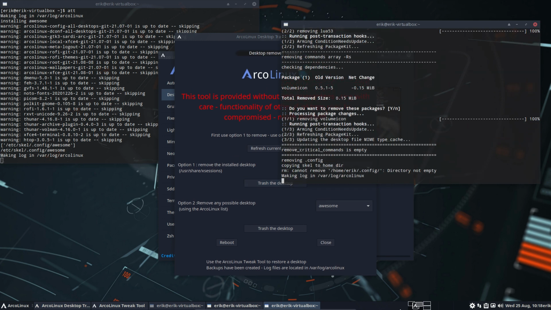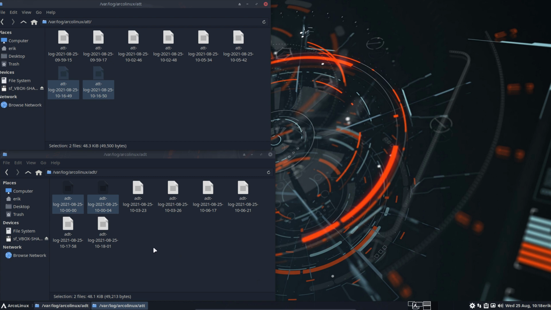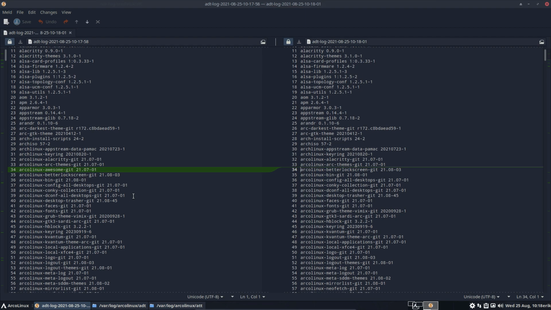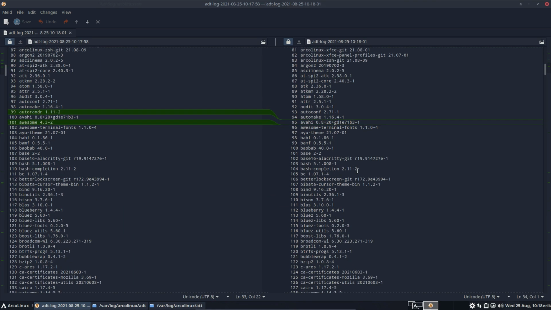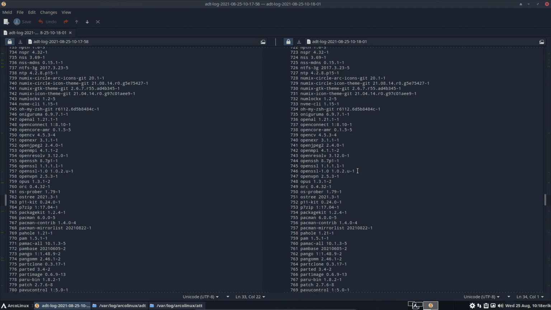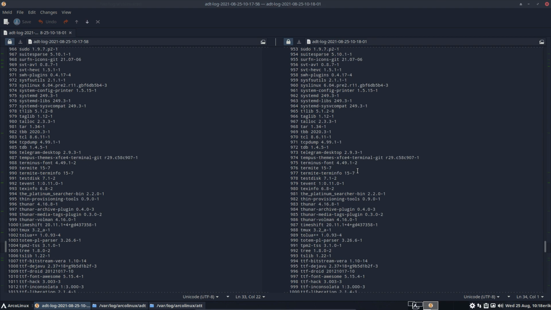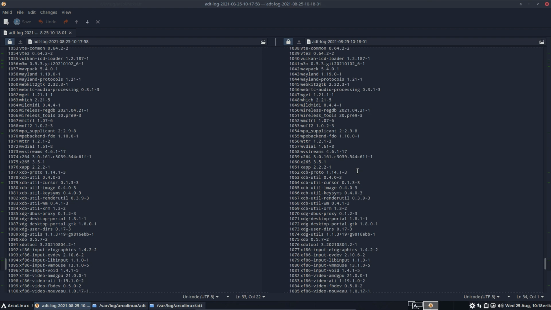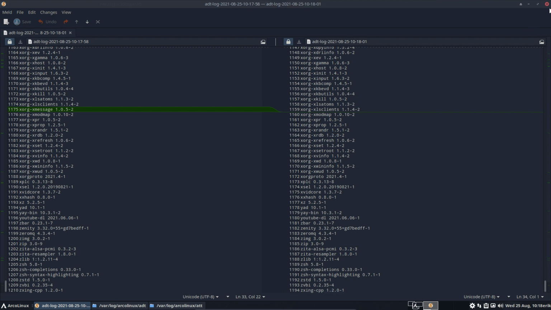All right, fine. And now we go back to the log file and we see, okay, this is new. What time is it? 10:18:01. Okay, so this is the last one. Before, after, in pairs. Before, there was Awesome. Afterwards, after clicking the button, Awesome is gone. And that's what I've been doing, and it's quite boring, I must tell you. That's putting the wax on, putting the wax off,